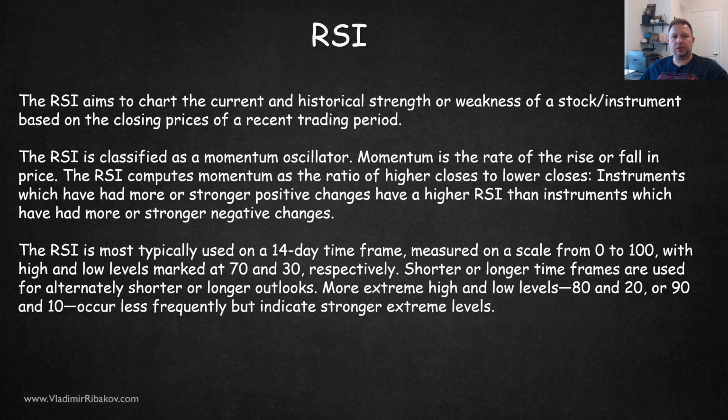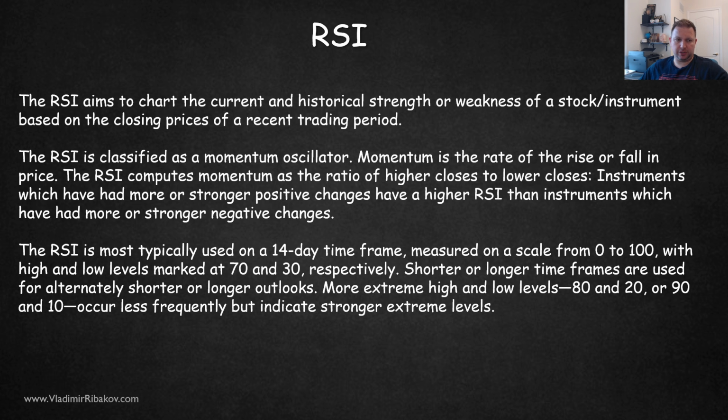The RSI aims to chart the current and historical strength or weakness of a stock or any given instrument based on the closing prices of a recent trading period. The RSI is classified as a momentum oscillator. Momentum is the rate of the rise or fall in price. The RSI computes momentum as a ratio of higher closes to lower closes. Instruments which have had more or stronger positive changes have higher RSI than instruments which have had more or stronger